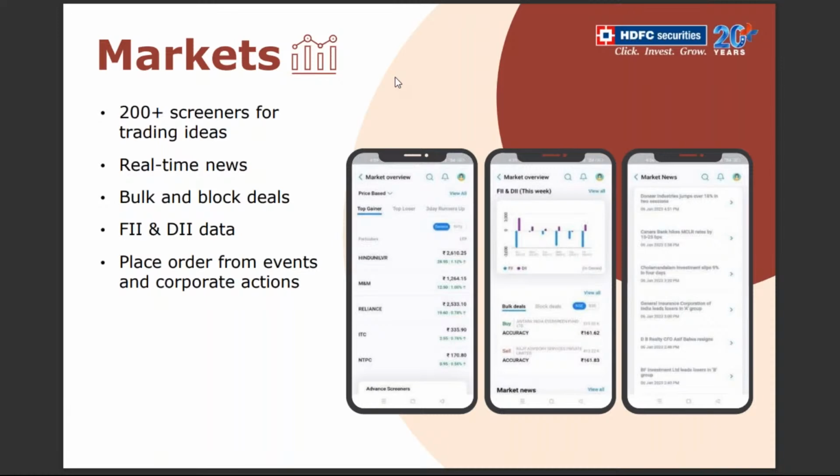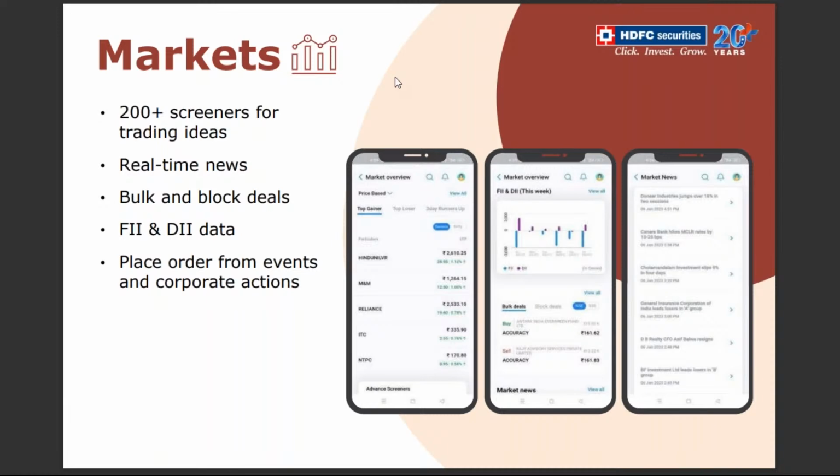Today the market came down because of FII selling. So based on the volume of the FIIs and the DIIs, we can understand the market. We can sense the market. We can sensitize the customers also. So this data is very important for traders and investors to take good decisions